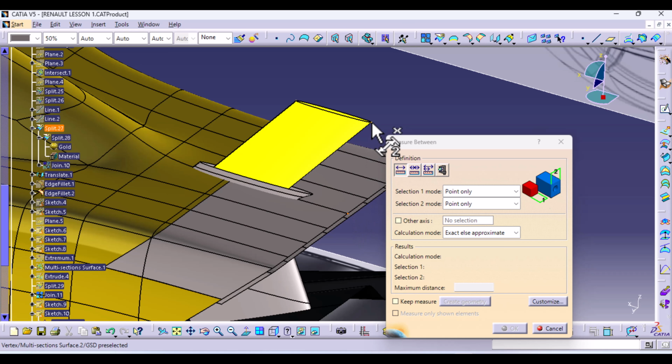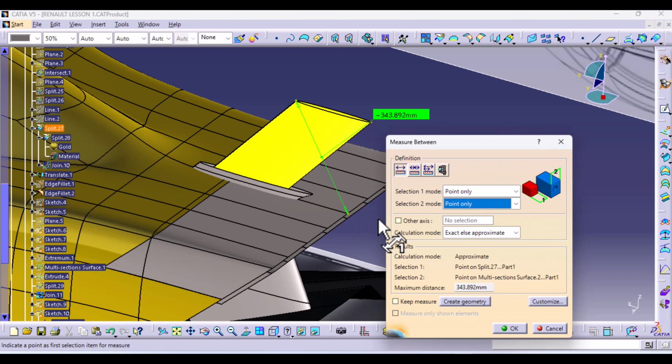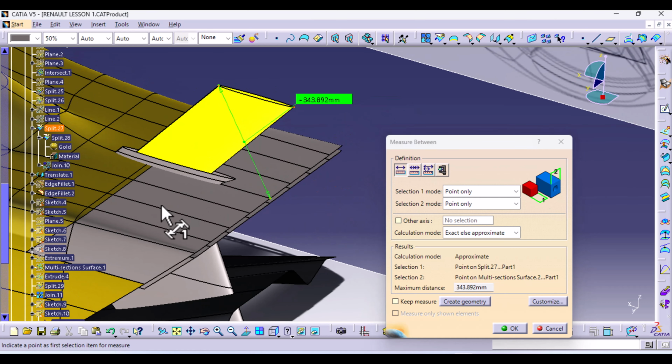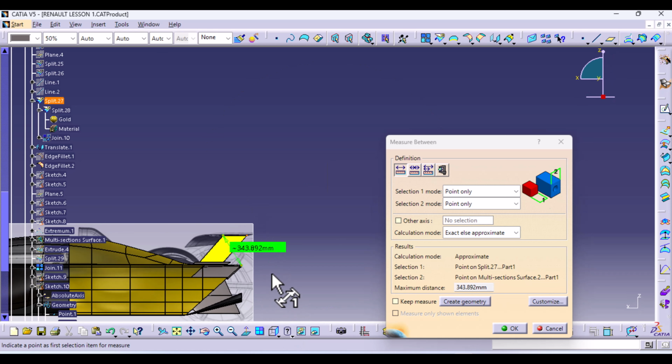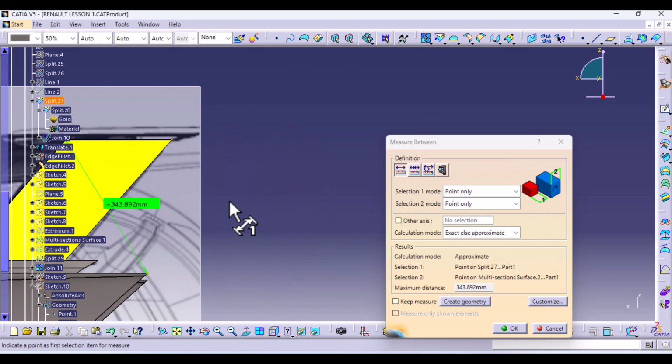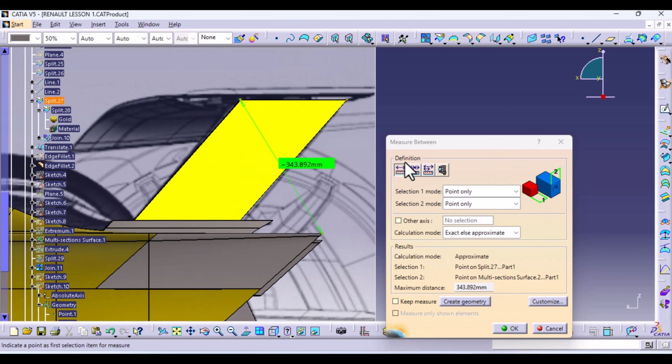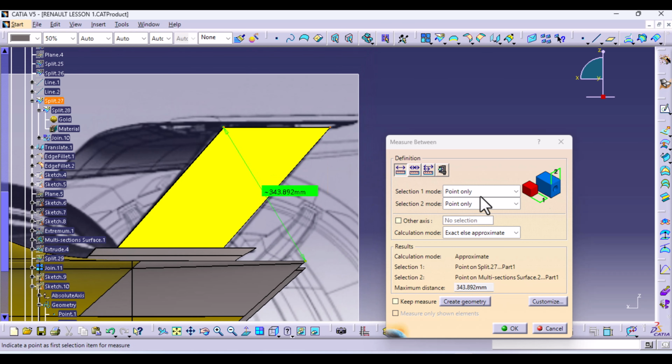That's point 1. And the second point. Side view. That's a diagonal measure. Let me try point to sketch